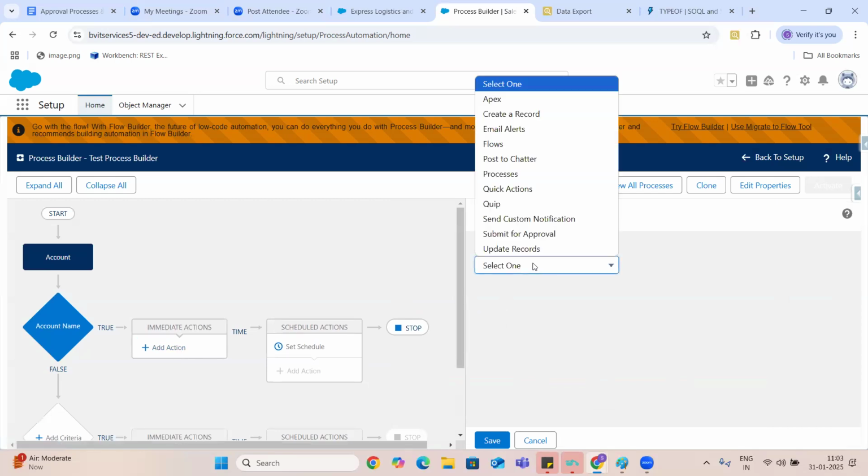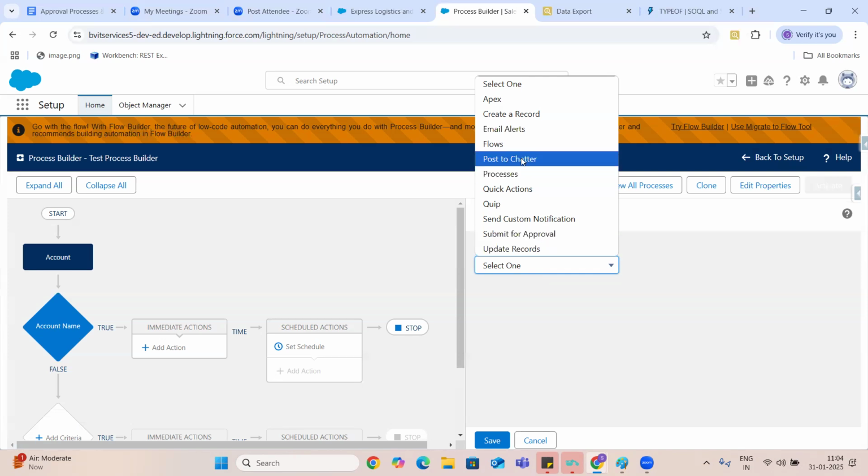So these are the advanced actions, guys. Using workflow rules, basically, you can send email alert, you can call the flows, or you can, what else you can do? We can create a task, right? Or we can do the field update. That's it, right? Those are the only actions that we can do. But here, you can update records. That means this is nothing but the field updates. On top of that, you can submit for approval.